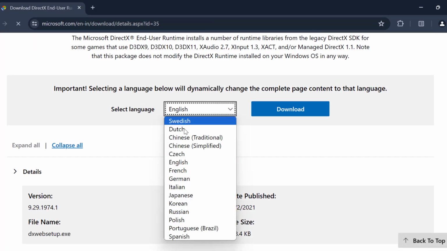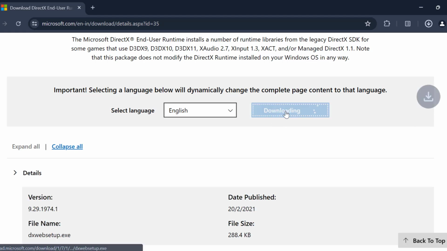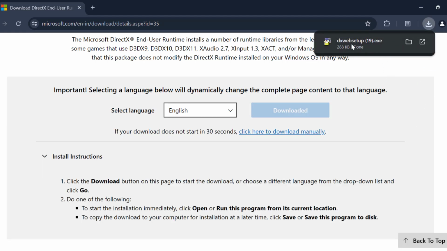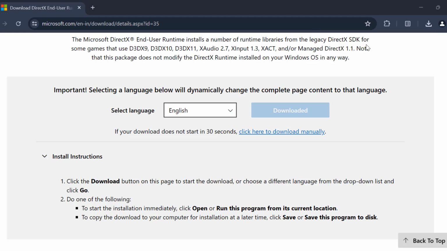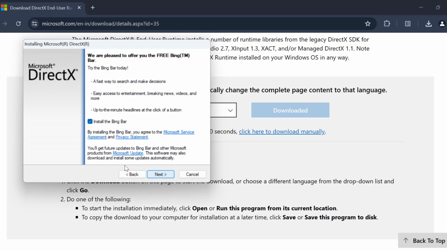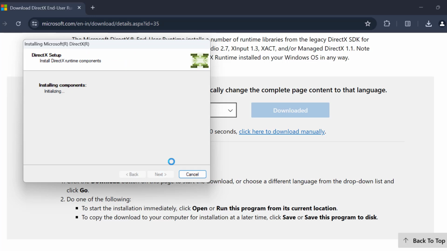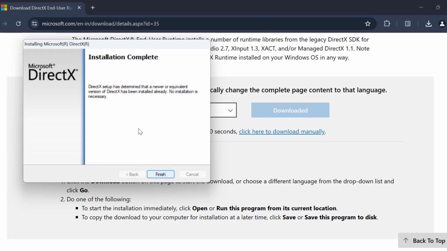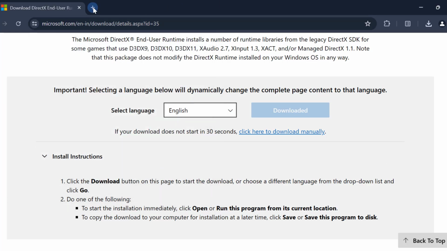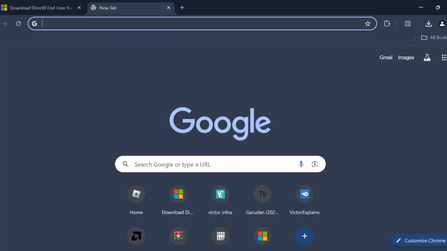and scroll down, select the language and select the download option and download it. After the download is done, you just need to click on it and install it. Follow the on-screen instructions and complete the installation. After it is installed, select finish, and now you just need to open up a new tab and check my video